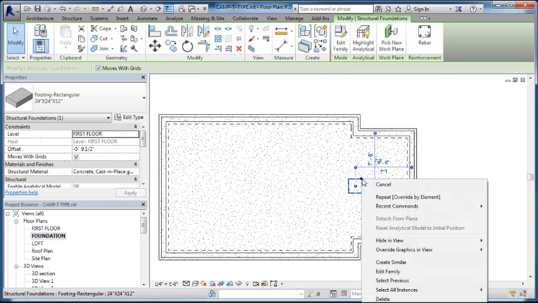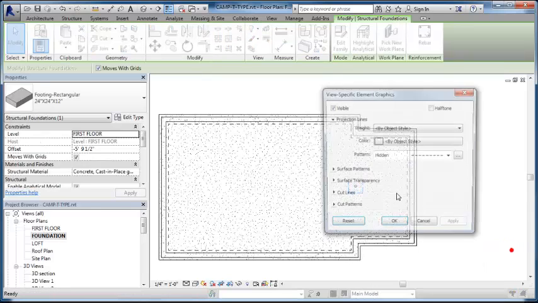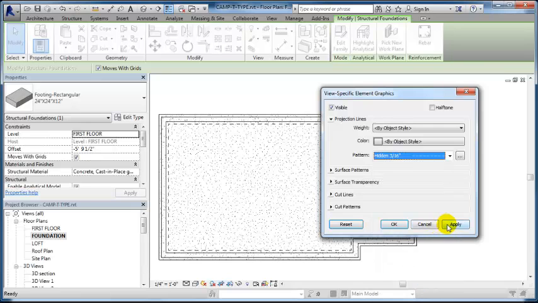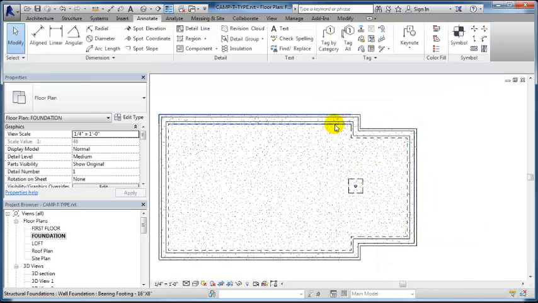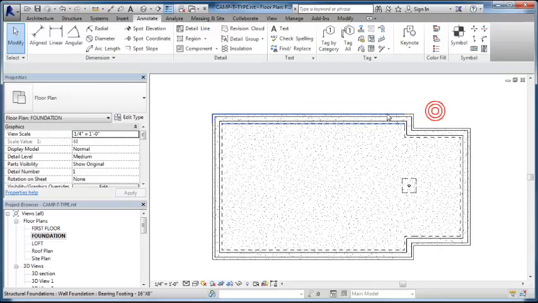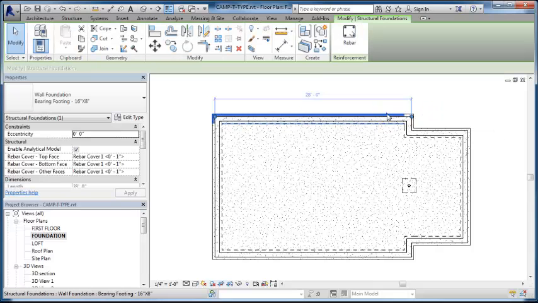Oop, that doesn't look like it's the same pattern, so I want to make sure I'm using the same pattern. Maybe I want hidden quarter or hidden 3/8. Let's try 3/16. It's a little bit closer to what we have here. These lines on the outside should also be hidden, so I'm going to select this one footing, right click and